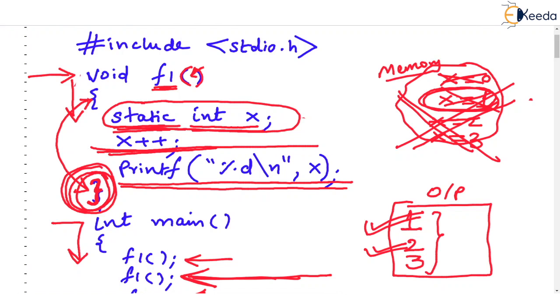But what was the inference from this? The inference is, inside any scope, curly brace open, curly brace close, whenever you declare a static variable, and if you don't assign it a value, it is by default 0 the first time. And when the scope ends, such variables are not deleted from the memory. So when you re-enter that scope for the second time, third time, fourth time, then the previous value of that static variable will be used.